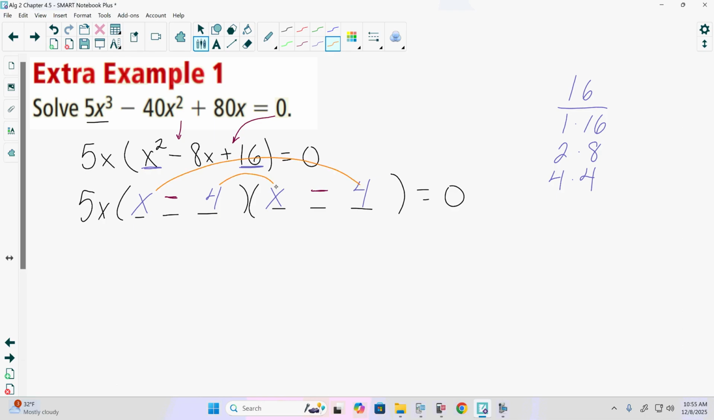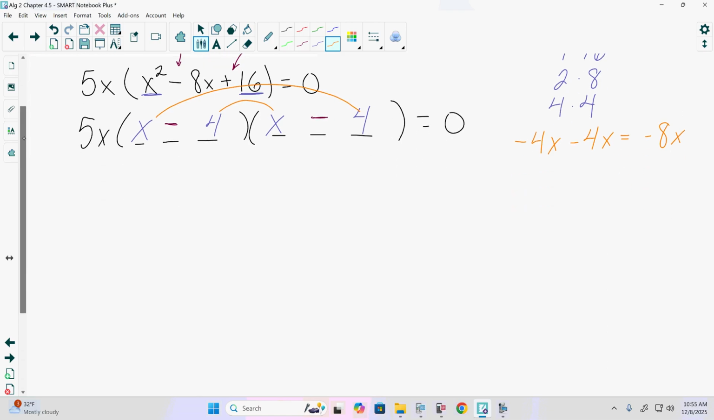And lastly, we just need to check and make sure these are the correct factors before we continue with solving. X times negative 4 is negative 4x. Negative 4 times x is negative 4x. And negative 4x minus 4x is negative 8x. So we do have the correct factors,